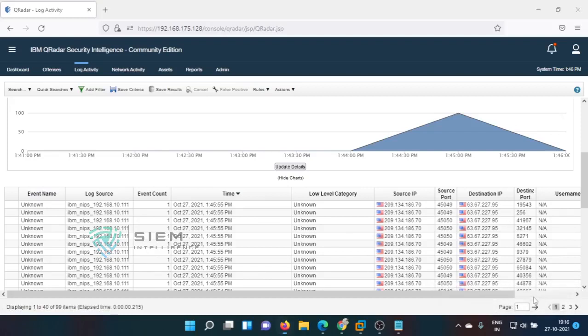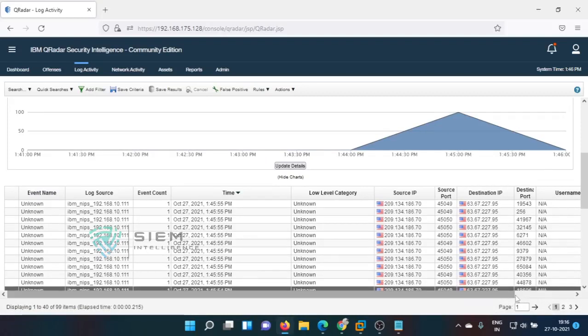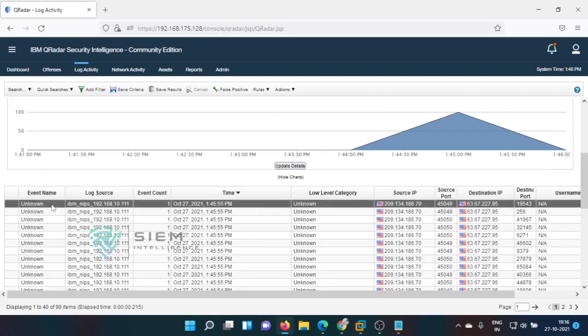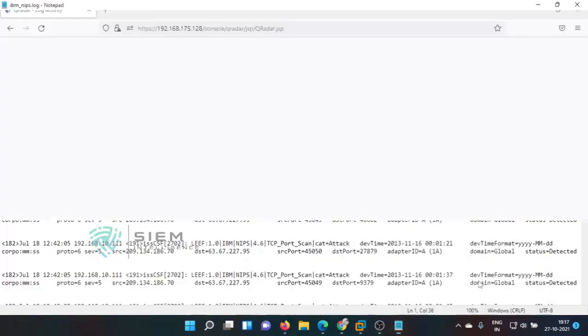But how to set up this particular event name? To make the event name known from unknown, we have to set up some event mapping for each and every similar kind of event. See, I'll show you.